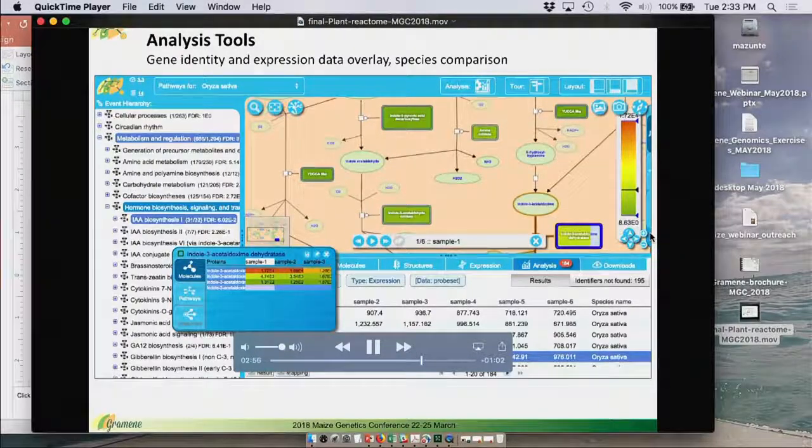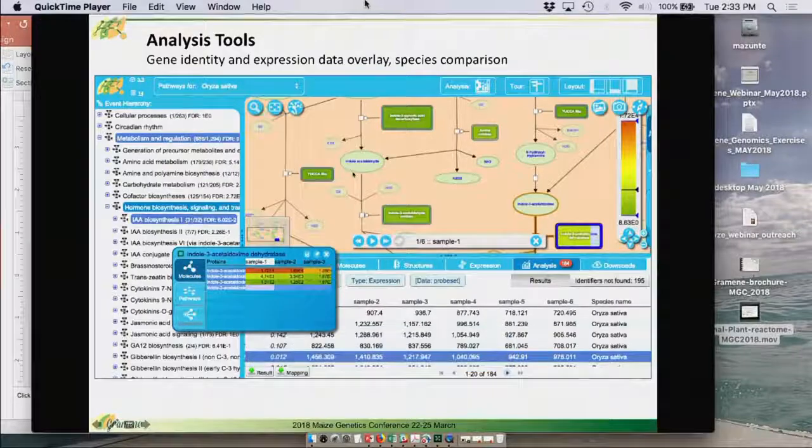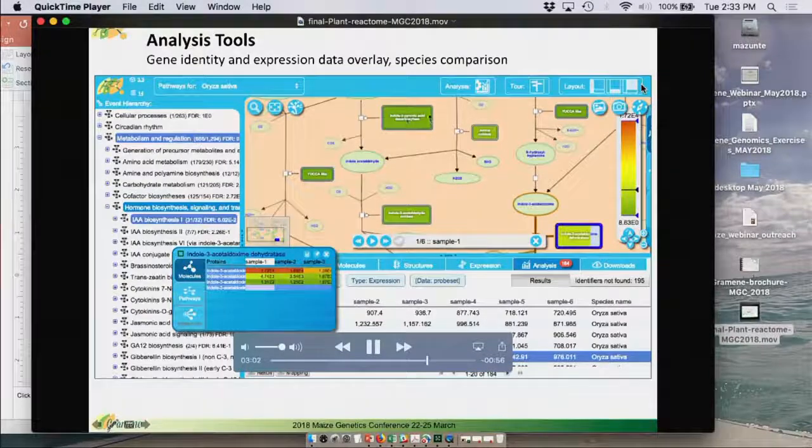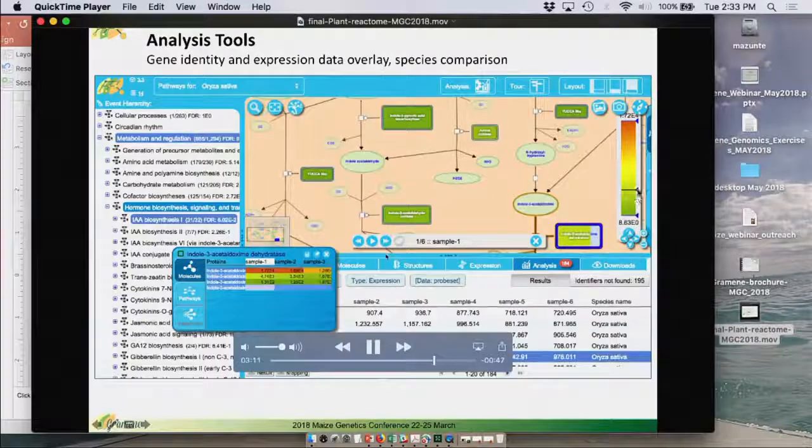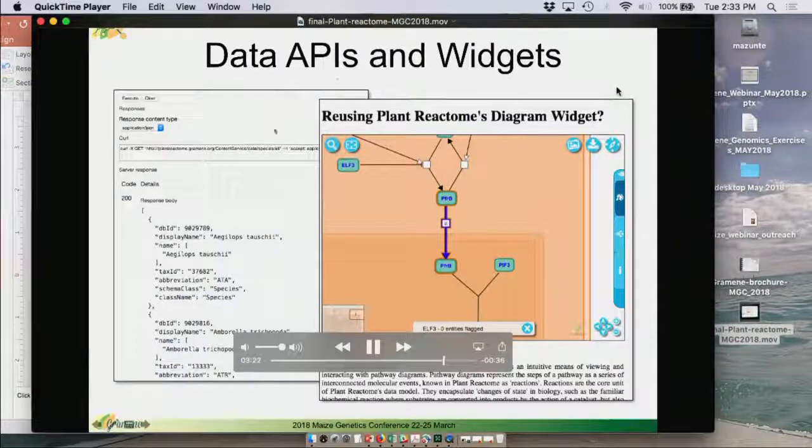I think, well, this is more for the analysis. Under analysis tools, you can overlay your own custom expression data and compare it with other species. Here is a scale for the intensity of expression on the pathways. In the same way, you can see that in the table. The reactome has APIs and widgets that we share with